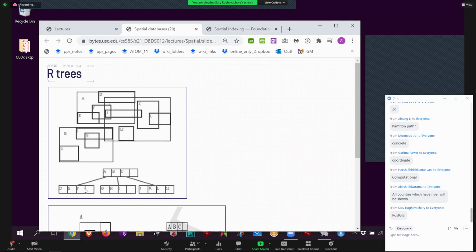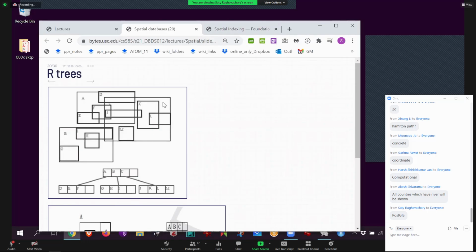Then within A, this means D, E, F are all within A. D is over here, E is over here, F is over here. J is also within A, right? But I want to put J in C because J is in both C and A. You only want to include it one time. So then J went to C, okay, so it's not in A. B is pretty simple. B has G, H, and I. Imagine these are the real buildings, these D, E, F, G, H, I. And the A, B, C are all just simply rectangles, meaning these are the leaf nodes. These are the actual gas stations and hospitals and so forth. But you start from A, B, and C. And then C has all the rest.